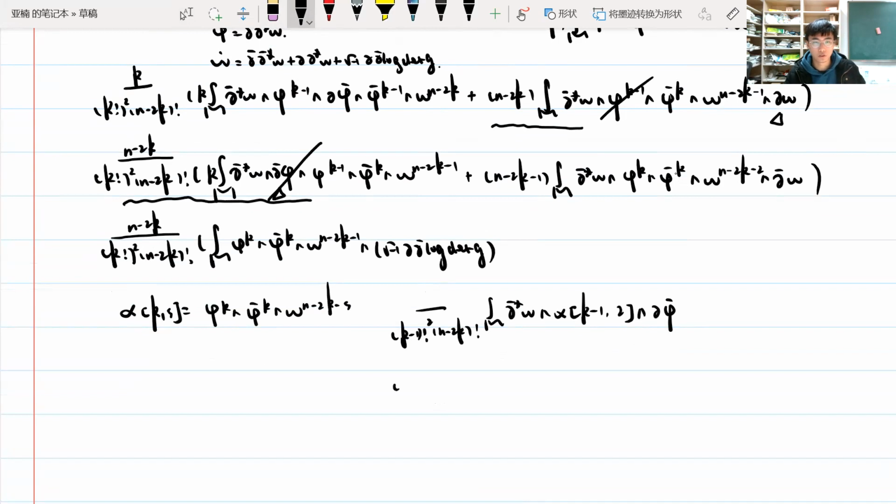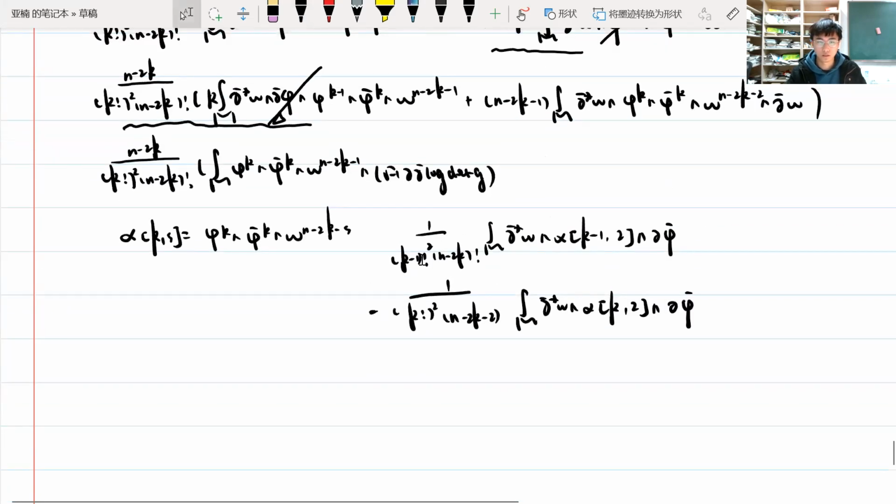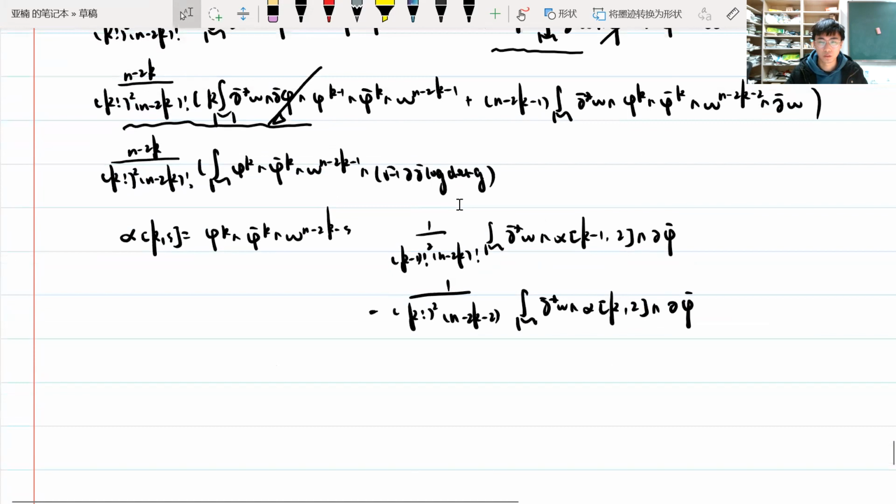And this coefficient is factorial n minus 2k minus 2. This is k times 2, and using the fact it is primitive, it's just like that. This is the derivative of the k-th term, and we have a sum. We claim that